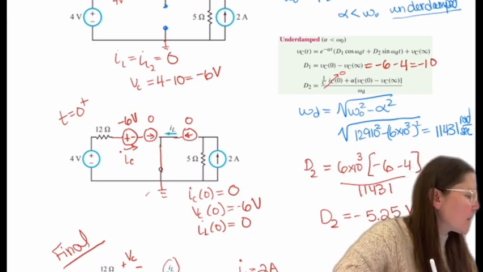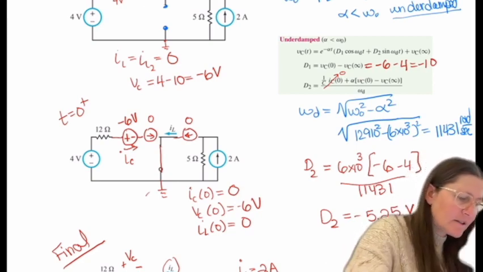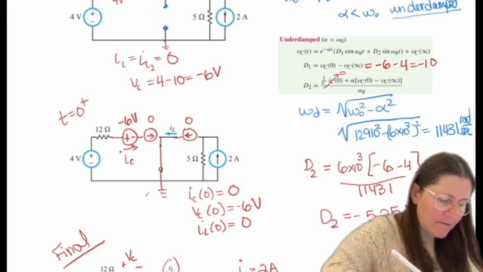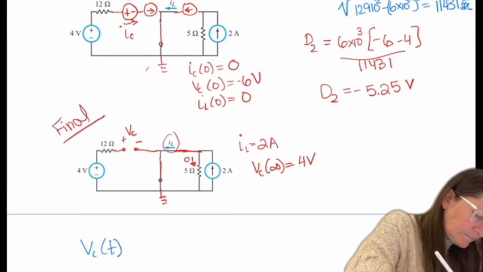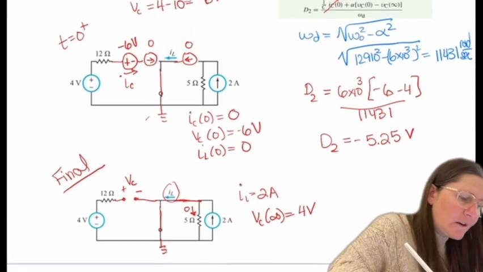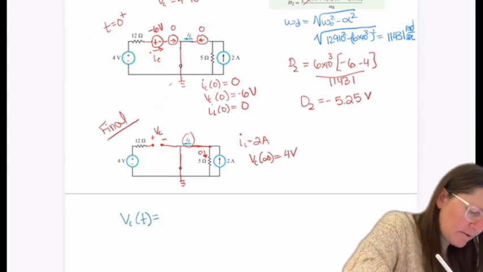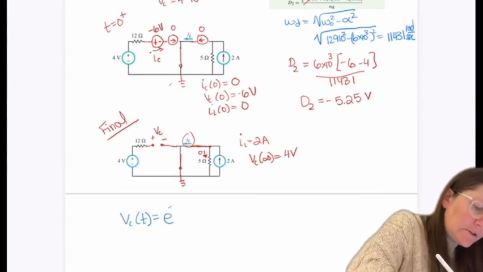And then plugging that in gives a VC of t of e to the minus alpha, so 6 times 10 to the 3 t,